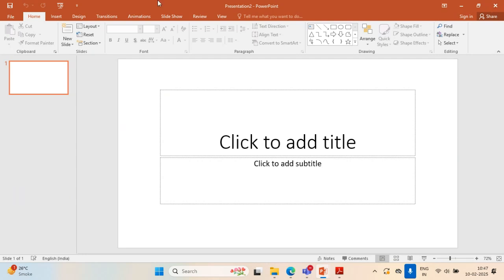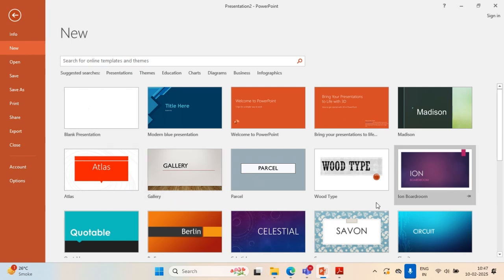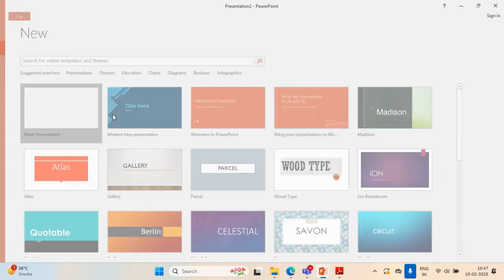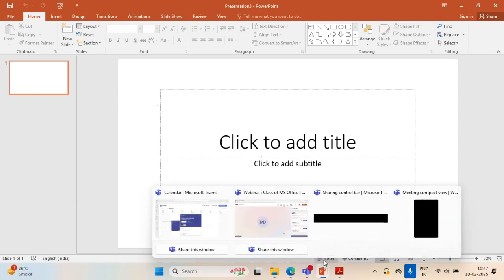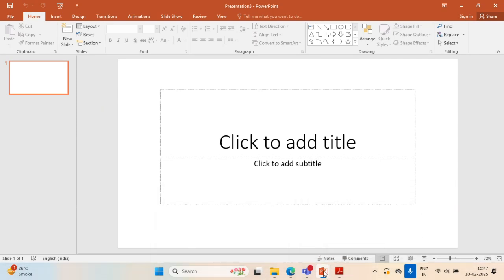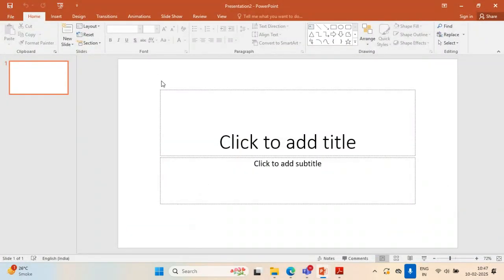So what I did, I clicked on new, and among all the different types of presentations and templates, I took blank presentation. So in this blank presentation, I am going to work now. I had opened two files, so I just closed one. So when we open one PowerPoint presentation, by default, automatically one slide will appear in front